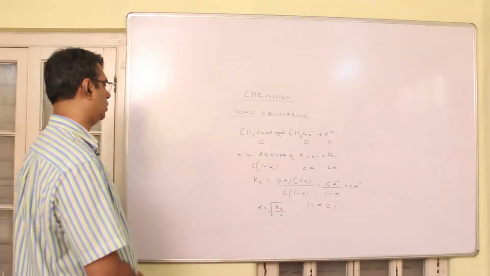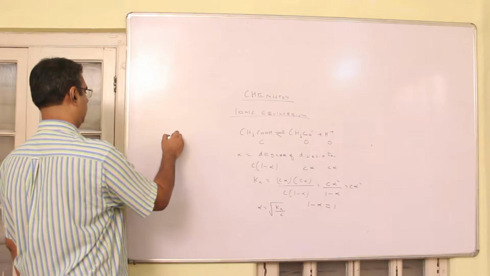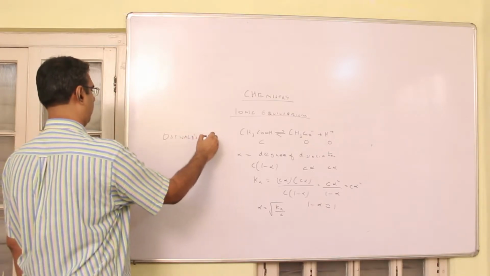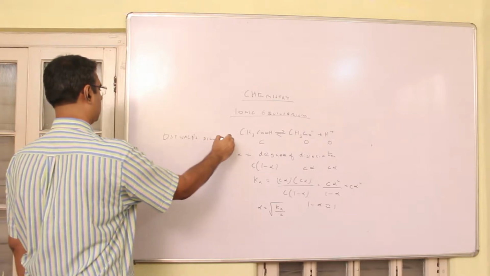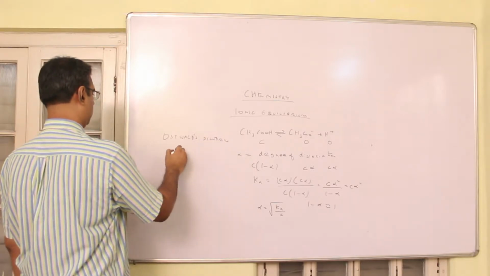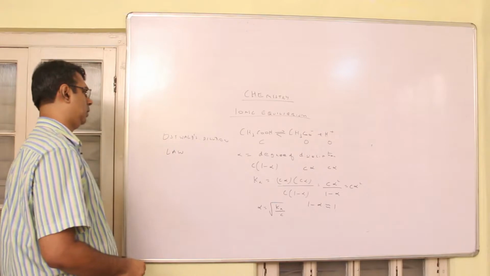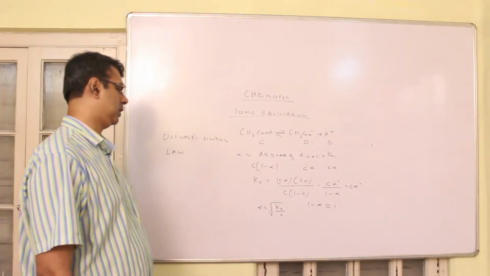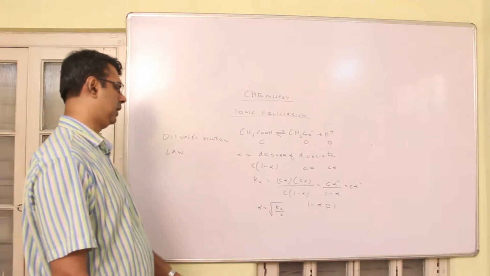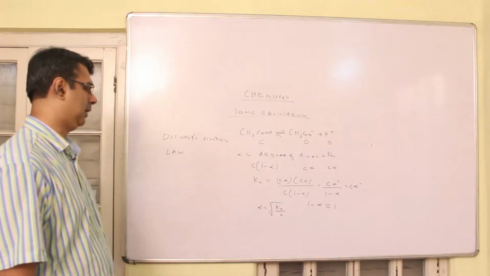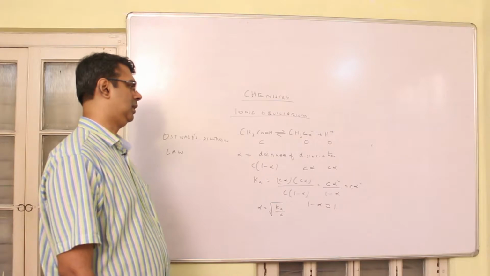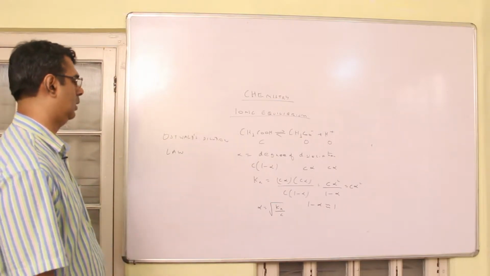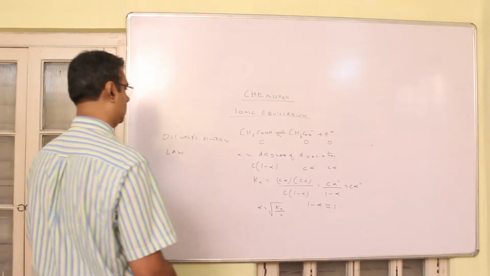So according to the law, the name of the law is Ostwald's dilution law. So according to Ostwald's dilution law, the degree of dissociation of a weak electrolyte can be increased by making the solution as dilute as possible. This is known as Ostwald's dilution law. Now the thing is,